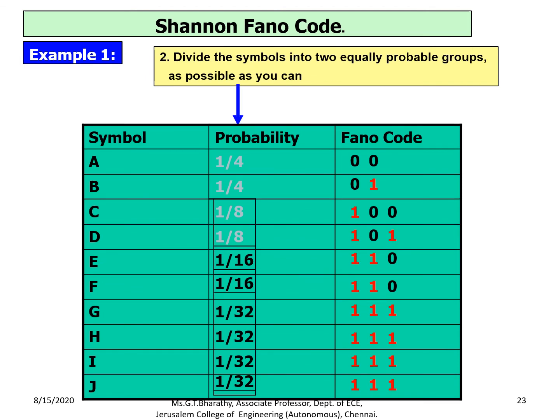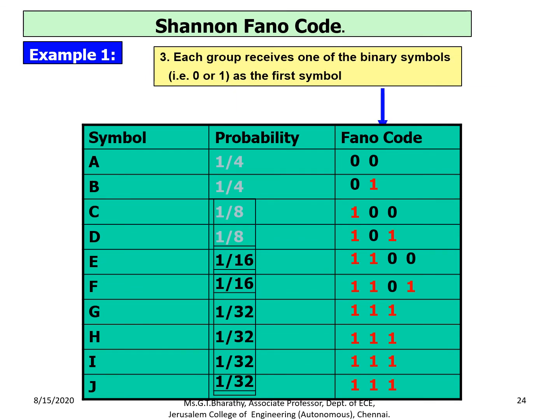As you move on to the next step, you have to do the splitting at the top portion as well as in the bottom portion. In the top portion we have only two symbols, so by default you give 0 to the top and 1 to the bottom symbol. And you have to perform the split for the bottom portion. So the top portion is over with 0 and 1. You have to equally split this bottom portion.